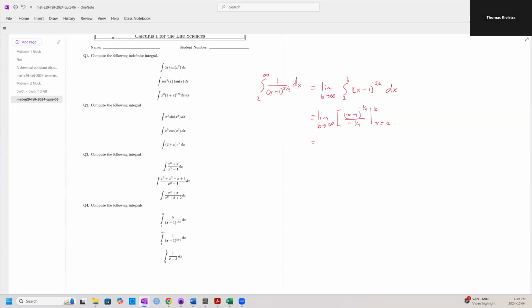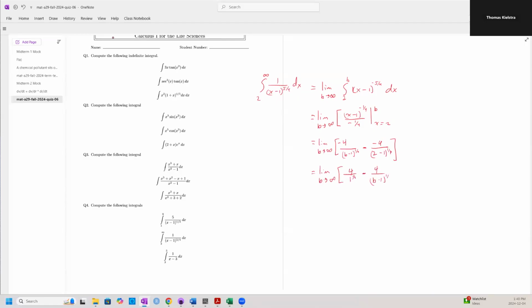So this equals the limit as b approaches infinity of minus 4 over (b minus 1) to the 1/4, minus minus 4 over (2 minus 1) to the 1/4,